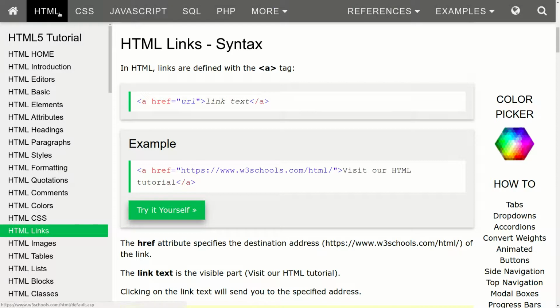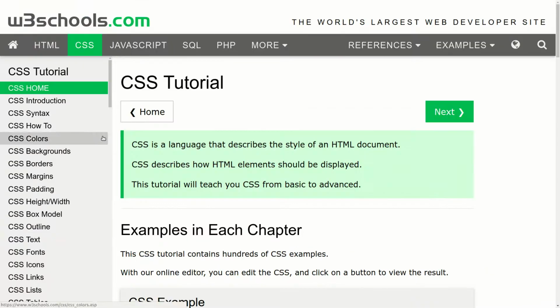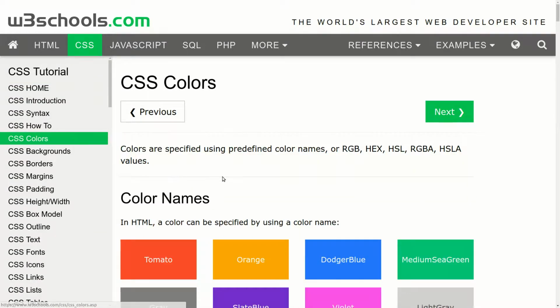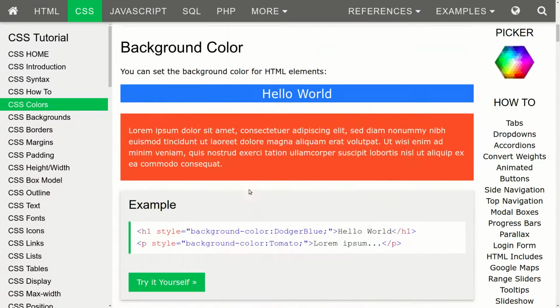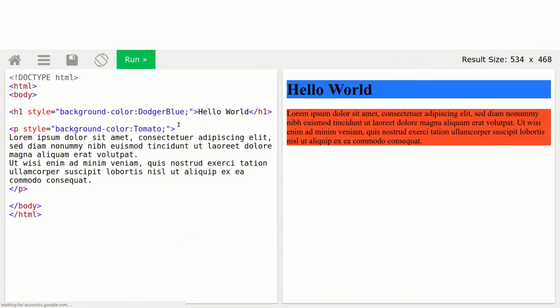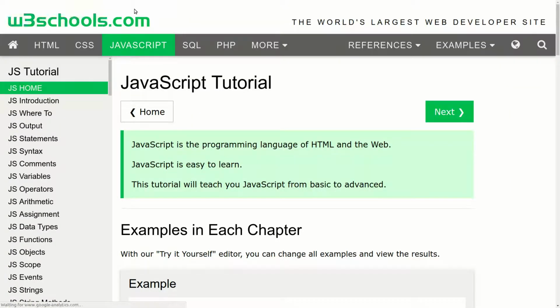And I would recommend that you start with HTML, which is the layout and structure of a web page. Then you'll get into CSS, which controls the styling and the formatting and how it looks. So when you get into CSS, that's when we get into lessons about colors. And we can update all the styling on a page. And then finally, JavaScript,